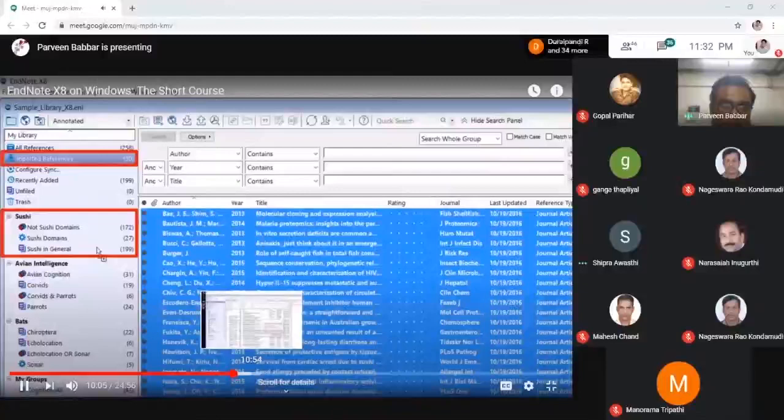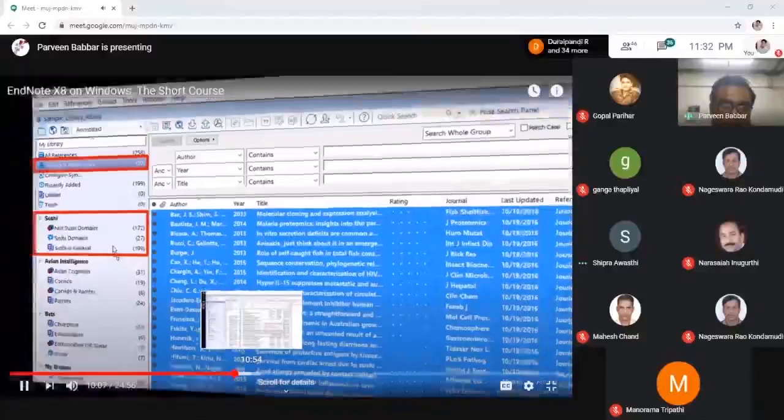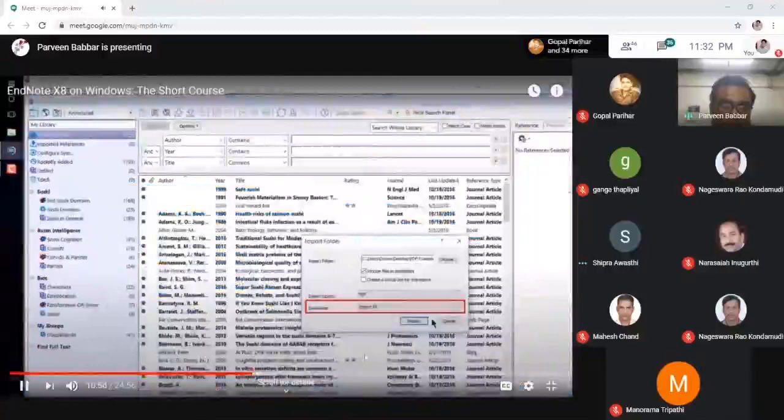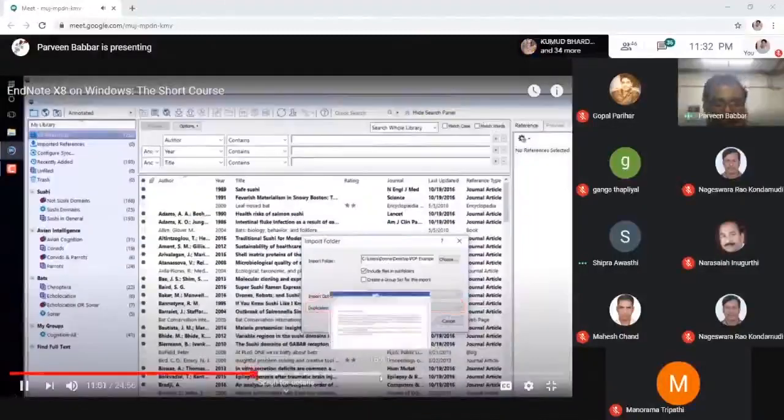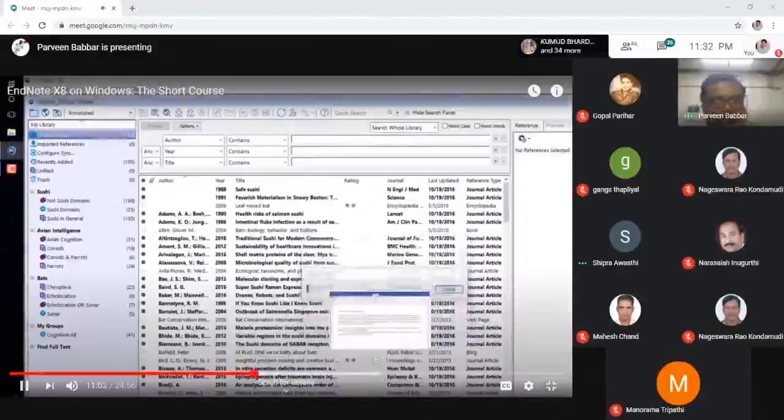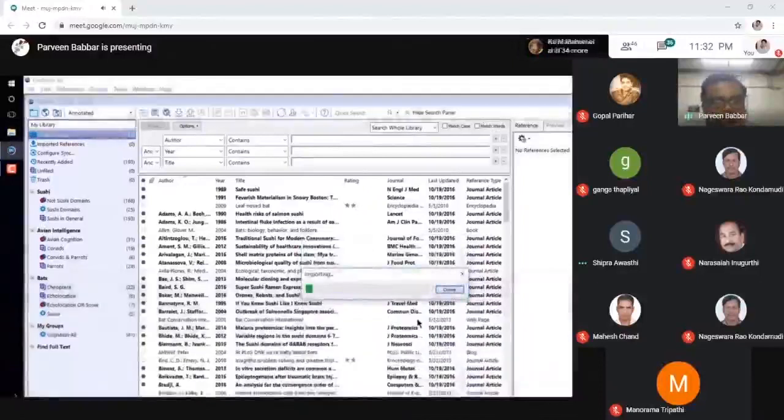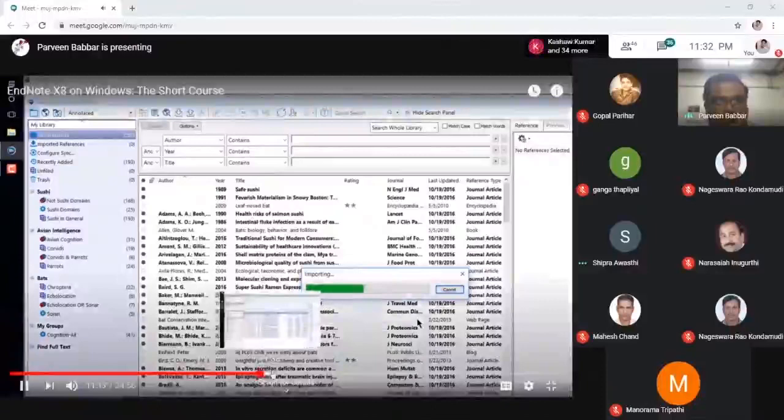If it identifies a match, it will attach the PDF to the existing record instead of creating a new record. I click the Import button. Endnote searches the first 2 pages of the text and the metadata for a DOI, a Digital Object Identifier. If it finds one, it sends that DOI to Pubmed and Crossref. These databases look up the data and send the data back to Endnote. Endnote imports the data, then attaches the PDF.